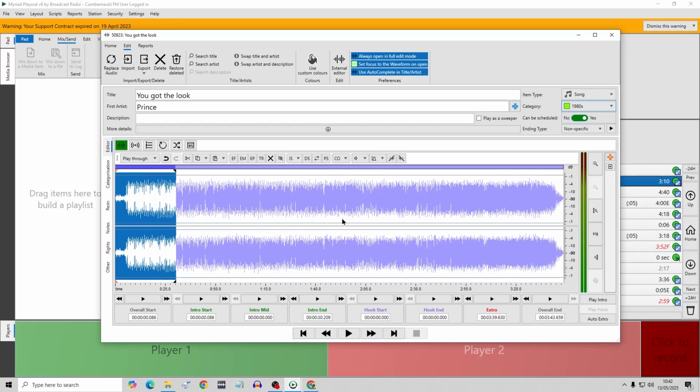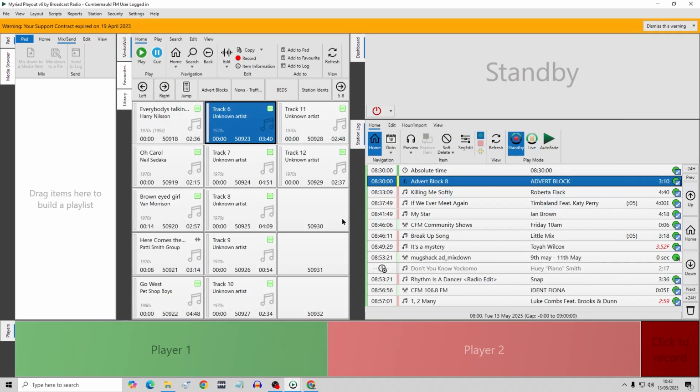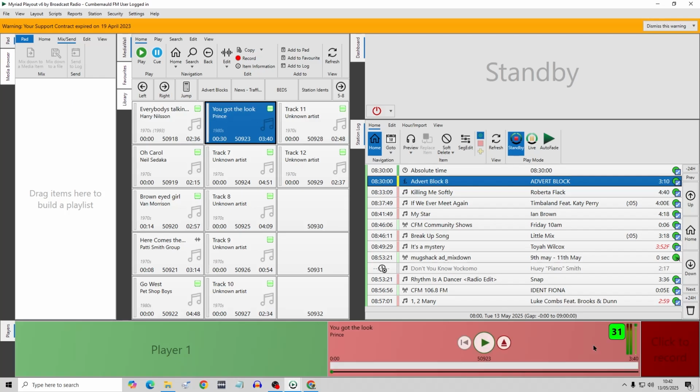So what I'll do is when it closes down, I'll play it for a second, and I'll show you what happens when it plays in the player. Right, so I'm going to drag it from there into the player, and I'll just play it, and you can see I've got a 30-second countdown. So as I play it,